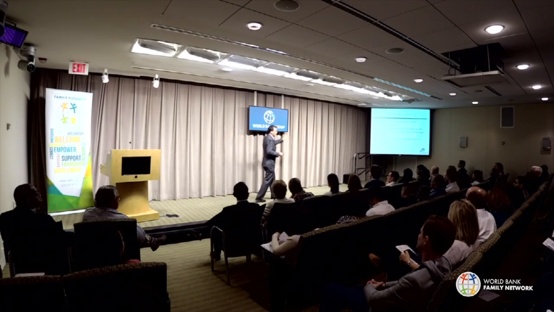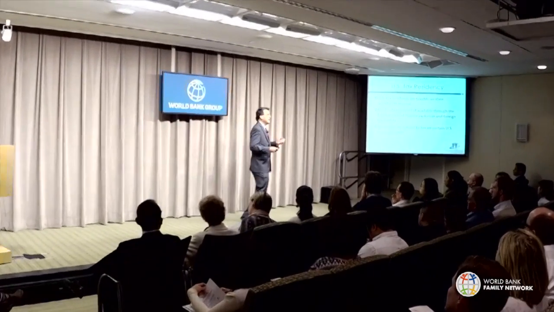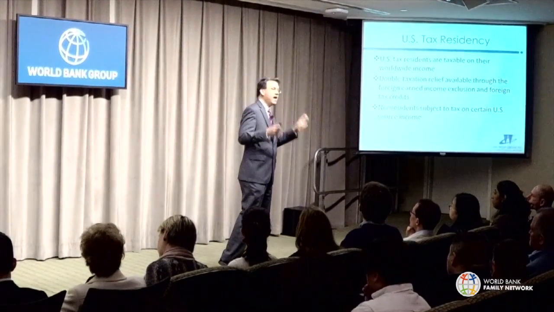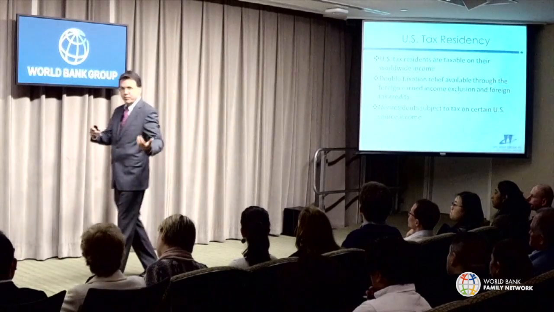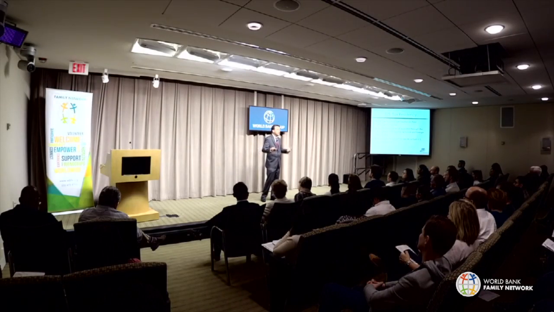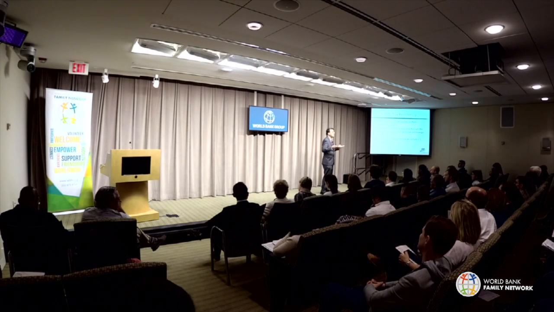The tax relief that you get if you were to pay tax abroad and you're a U.S. tax resident is you get what's called a foreign tax credit. A foreign tax credit, so you won't end up paying double tax when you become, or if you become a U.S. tax resident. Instead, you'll pay the higher of the two tax rates. The higher of the foreign country tax rate on that income or the U.S. tax rate. And a calculation is done within the tax return that alleviates double taxation for U.S. persons who are subject to tax on their worldwide income.